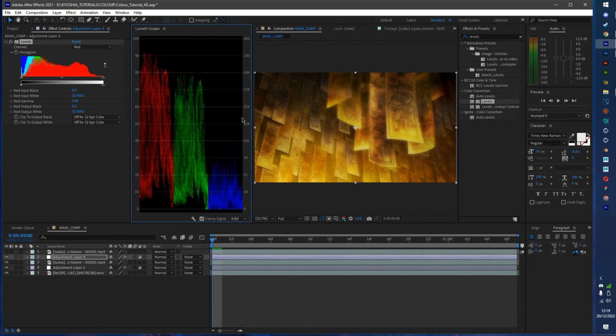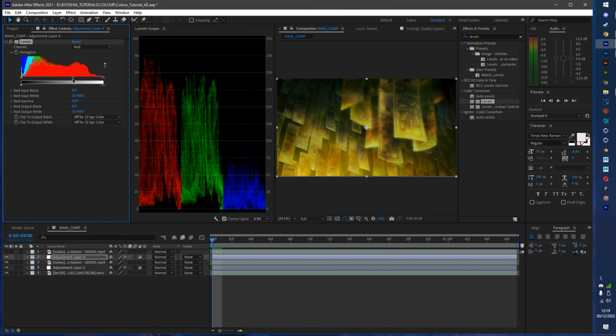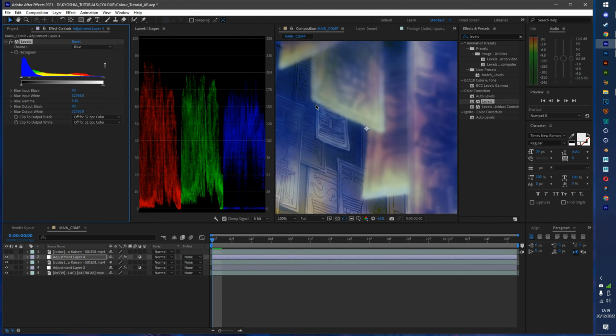Go back to parade. Alright, look at that. Lots of red, some green, and very little blue. Let's change this again. Bring the reds down so it matches. And again, remember, you are editing pre-existing footage, so it's going to be a bit finicky. And you see in this situation here, bringing up the blue is going to cause a lot of